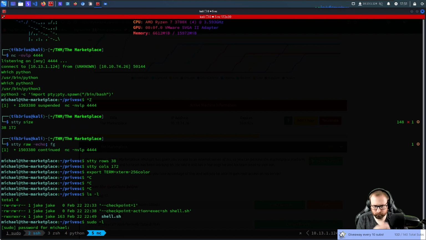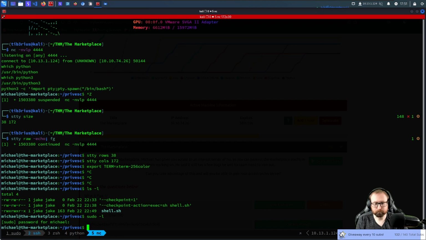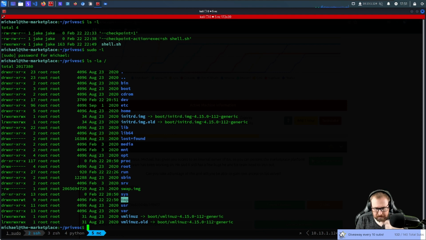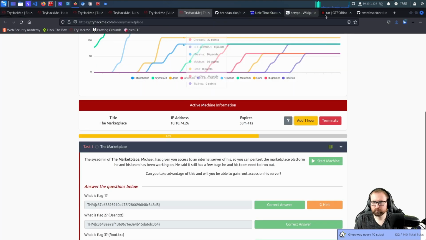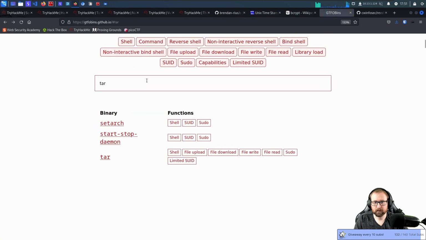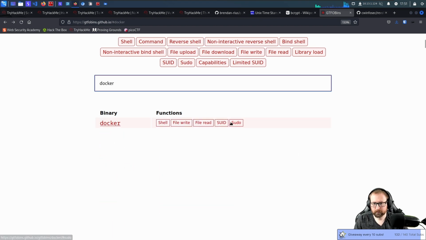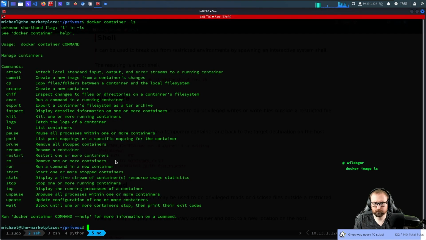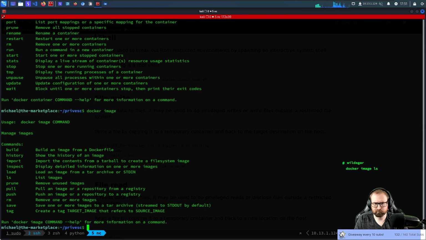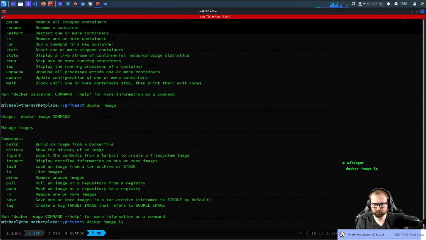And I can do sudo -l. We don't have Michael's password. That's better. We do have Docker, and oh, this isn't Docker. Docker container. Just look up Docker. I'm sure this is how we Docker shell. Yeah, Docker image. ls.